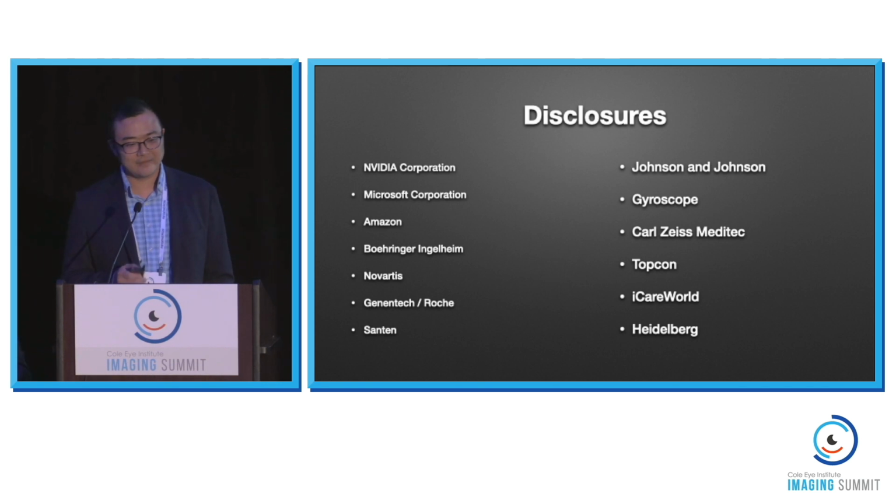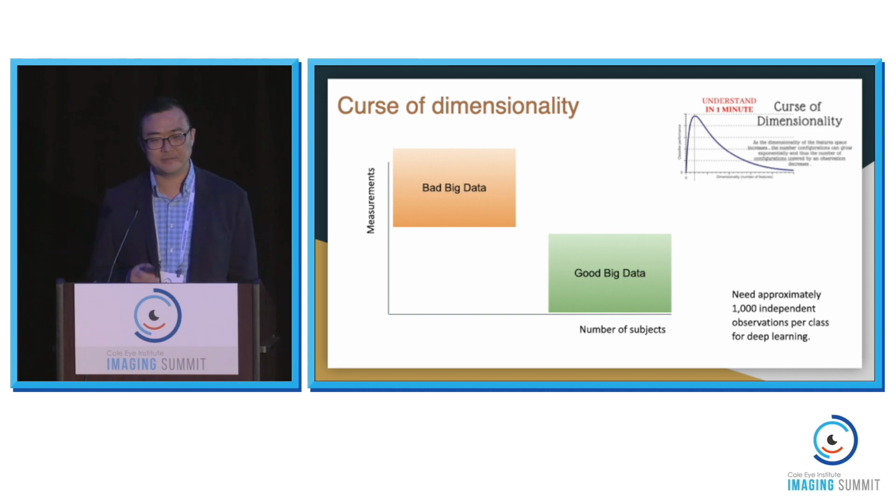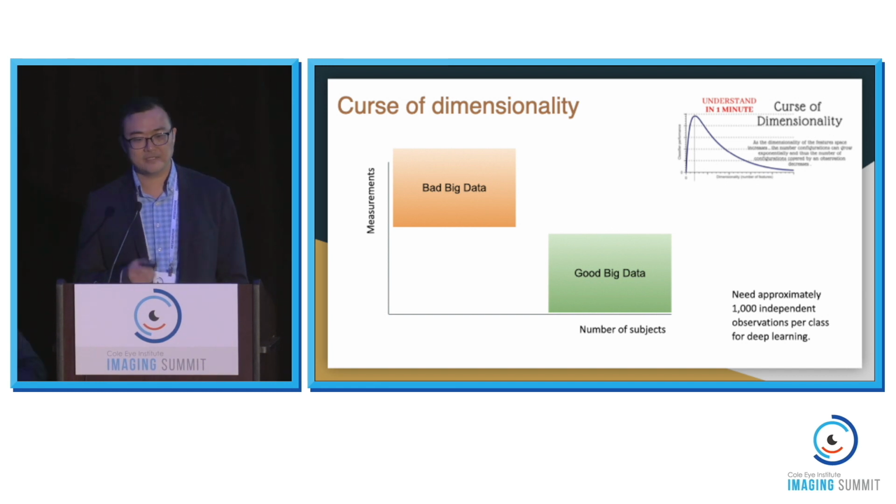Over the years, I've given a lot of talks about AI, and almost always people come up to me and they want to use AI for their data sets. As they're telling me about their data, I'm usually building this graph in my head, where on the x-axis you have the number of different subjects, and on the y-axis you have the different measurements that you've performed. And almost always people are talking about their data that lives in the upper left of this graph. And that's not really good data for machine learning because of this thing called the curse